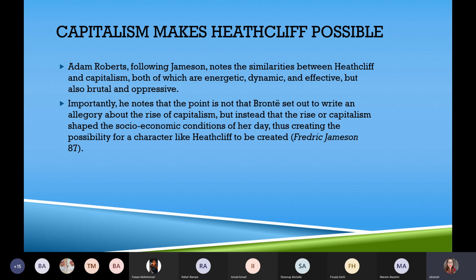It comes in and it sweeps traditional societies and changes them irrevocably, in a way that you cannot basically go back to tradition. So any traditional society that has been replaced with a modern society can never go back to what was before. And that is the nature of capitalism, and that is the nature of Heathcliff. If we look at Heathcliff's personality as an emblem of capitalist modernization, we will understand how his presence in Yorkshire comes to this